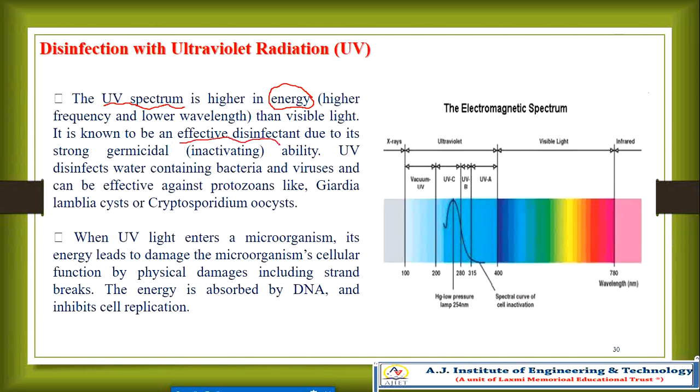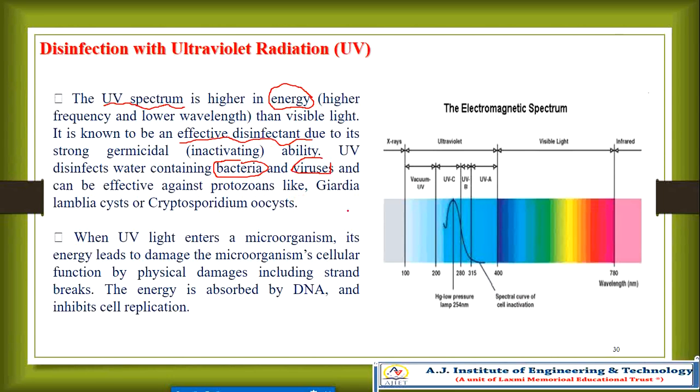We can say the ultraviolet spectrum is an effective disinfectant due to its strong inactivating ability. One more name is germicidal ability. UV disinfection works on water containing bacteria and viruses, and can be effective against protozoa